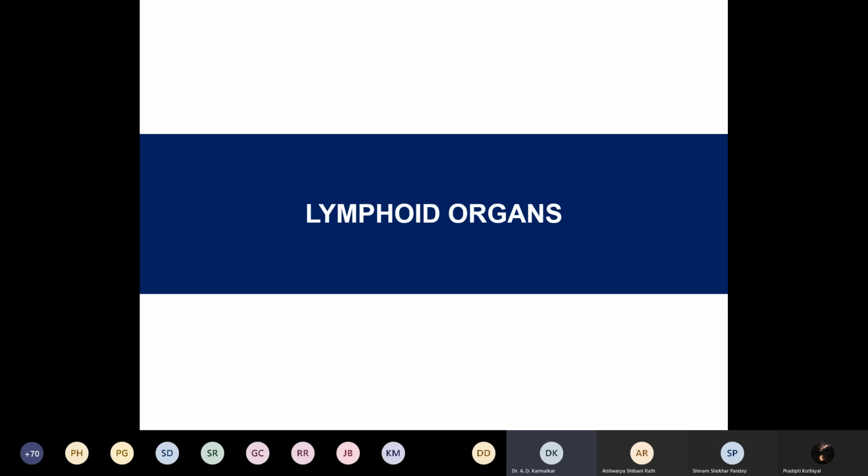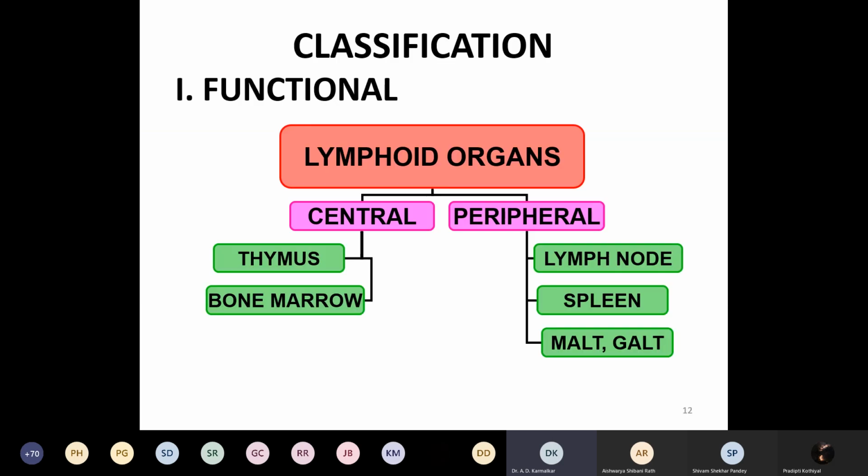Now this is the main topic we are coming to. What is a lymphoid organ and which are the different lymphoid organs? It is classified in two manners. In the functional classification, there is a central and a peripheral organ. So which is the central lymphoid organ? It is the thymus. All of you take it down. Whenever a slide is given or a question is asked, we definitely ask which is the primary lymphoid organ. It is the thymus, the central lymphoid organ, along with the bone marrow. Peripheral ones are the lymph node, spleen, and the mucosa associated and gut associated lymphoid tissue.